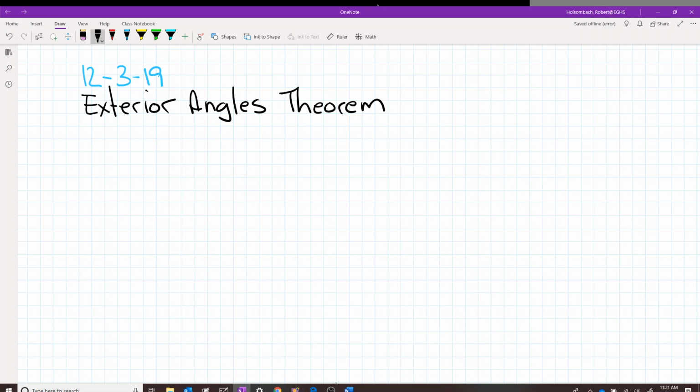So that problem says the measure of an interior angle of a regular polygon